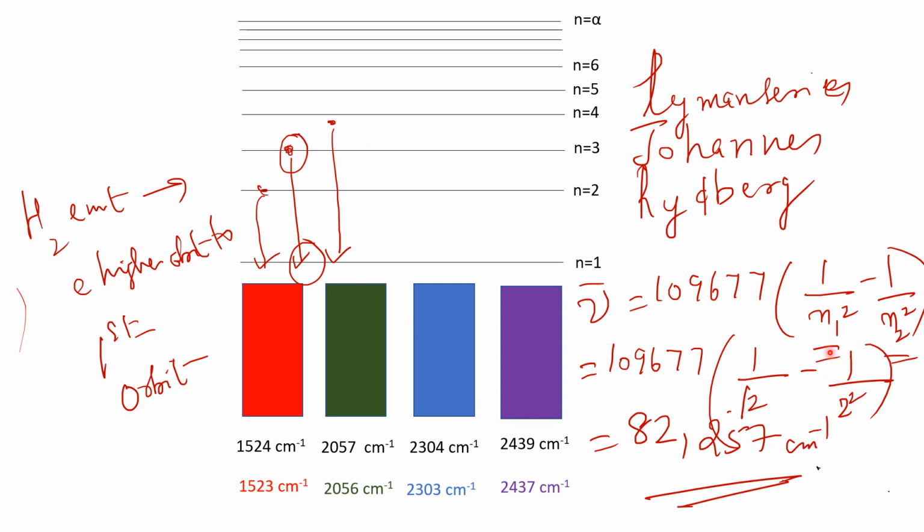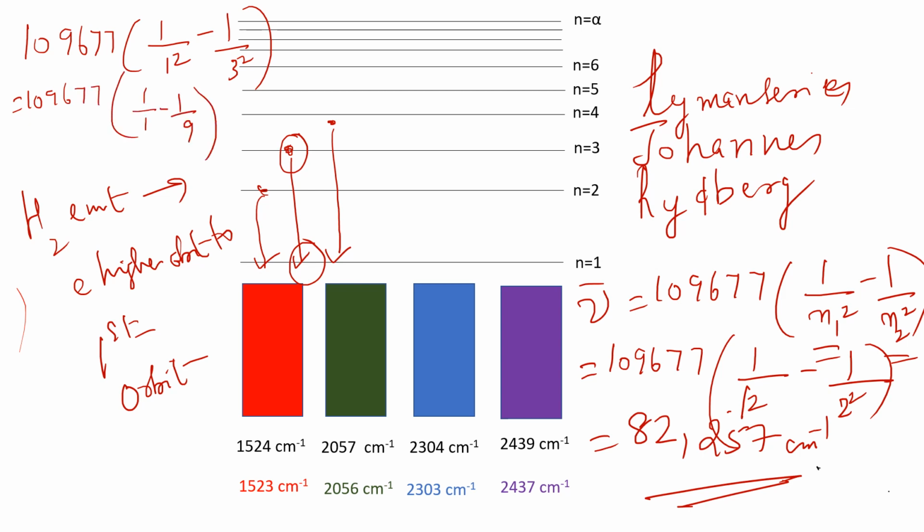Second line, if we substitute here, that is 1 by 1 squared minus 1 divided by 3 squared, because we are considering the second line. So the equation comes out to be equal to 109677 into 1 by 1 squared minus 1 by n2, where n2 is equal to 3. So it is 3 squared. 109677 into 1 divided by 1 minus 1 divided by 9 centimeter inverse. So this, if you work it out, it comes to